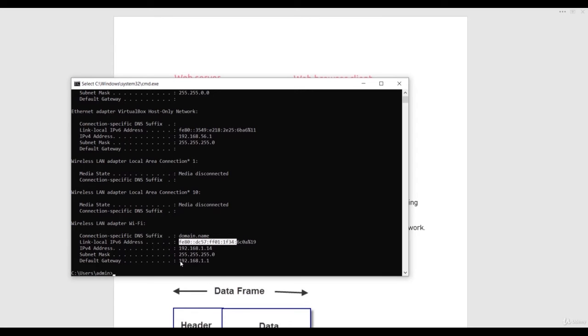And you can see the gateway right here. The first subnet of any IP address will be the gateway. So you can see that we have the same network, and the first subnet is your gateway, which is the default gateway. So you can get this information with the help of ipconfig in Windows.